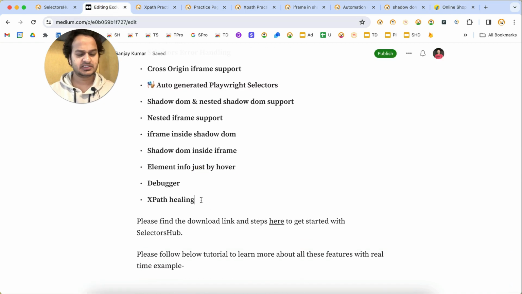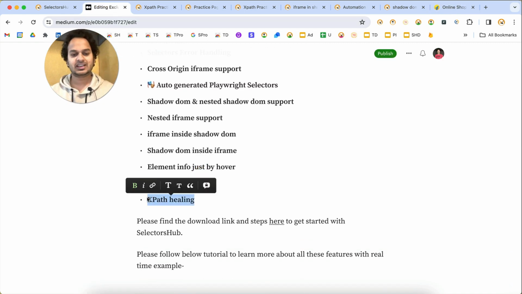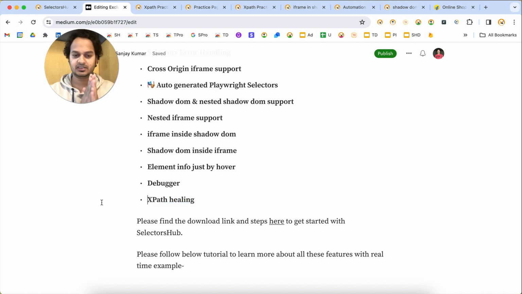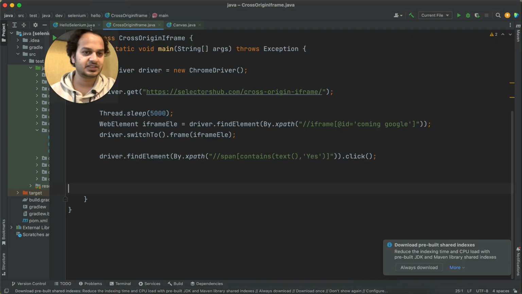Then XPath Healing. This is a really amazing feature. Only SelectorsHub has this, where you can verify all your XPath in a single shot from a locator page or from a script. If you have hundreds or thousands of XPath written inside a page, it could be a locator page or your script, what you have to do is just paste the complete script in SelectorsHub and it will verify all your XPath in one go. For example, like this, let's say